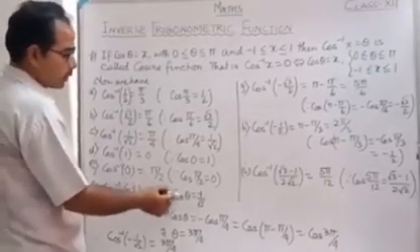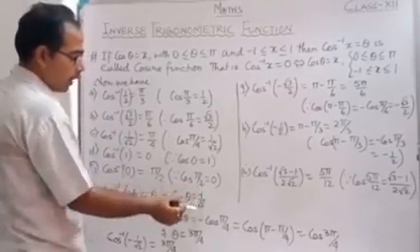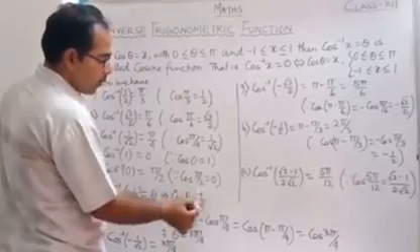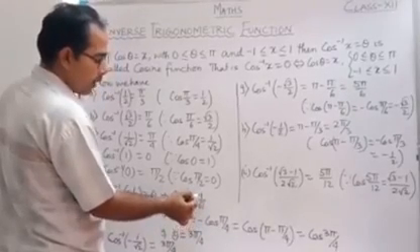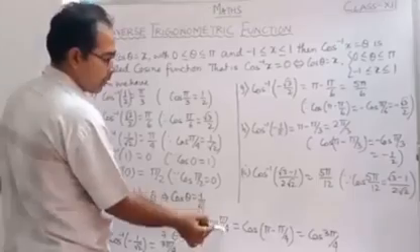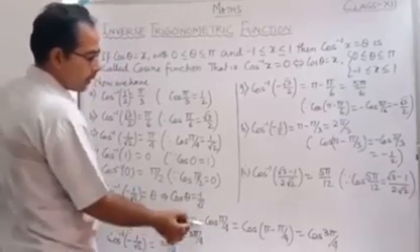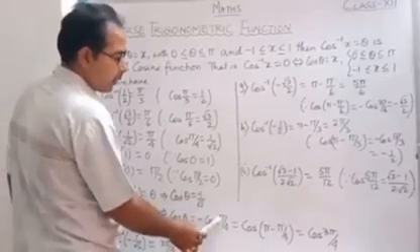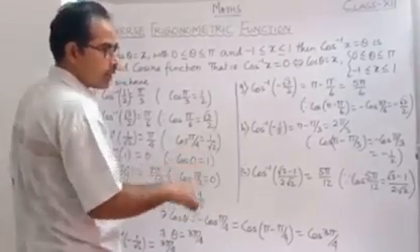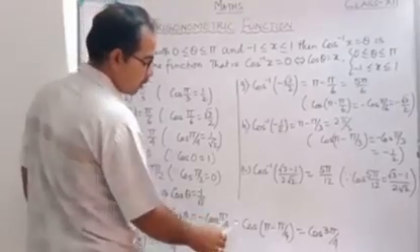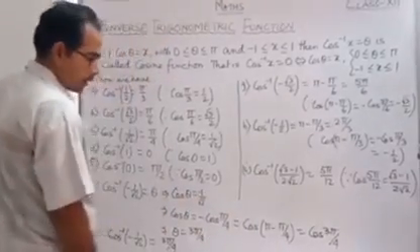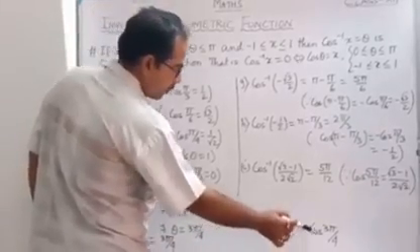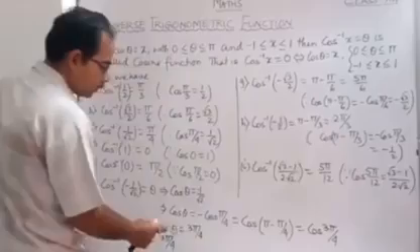Then obviously cos theta equals minus 1 by root 2. Now cos theta equals, then automatically it is coming as what? 1 by root 2 is pi by 4. So minus 1 by root 2 will be minus cos pi by 4. That means cos theta equals minus cos pi by 4. Now if it is minus, then we can change the quadrant, that is cos of pi minus pi by 4. Correct? That is equal to cos 3 pi by 4. So theta equals 3 pi by 4.